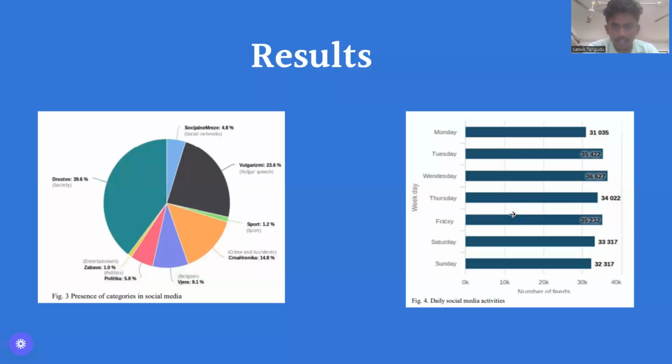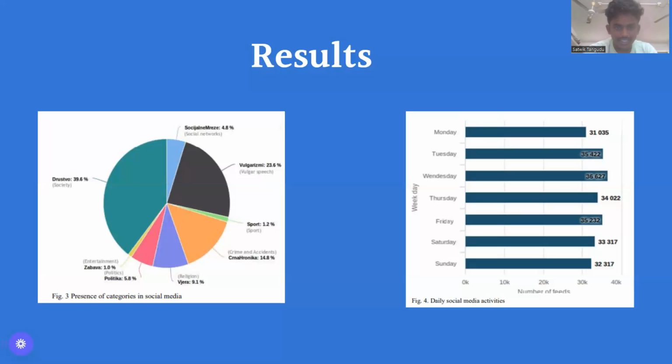Now we can go through the results. Here we have two pictures, so we can go one by one. Here, the main importance was given by illustrating two use cases. This result section shows how useful the developed application is. The initial use case studied some examples like clicks.bar, awash.bar, sportsport.bar, and so on. These are the Facebook pages used to determine the most talked about subjects in Bosnia and Herzegovina.